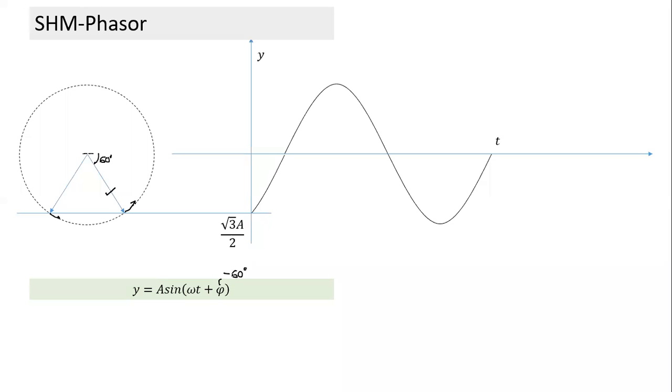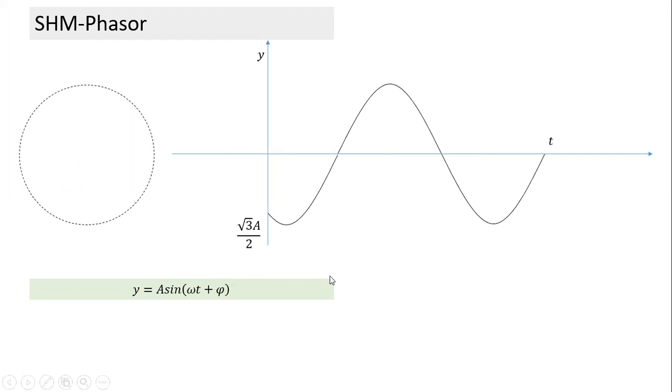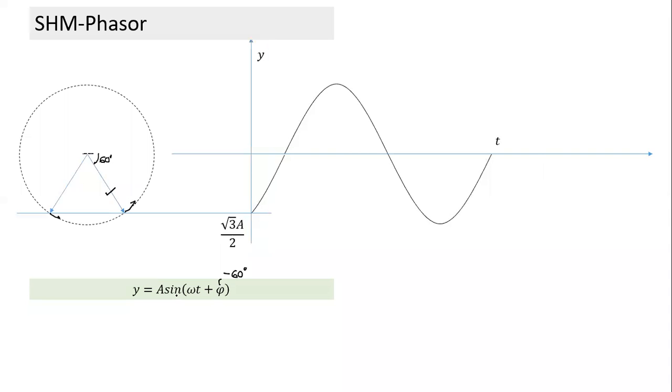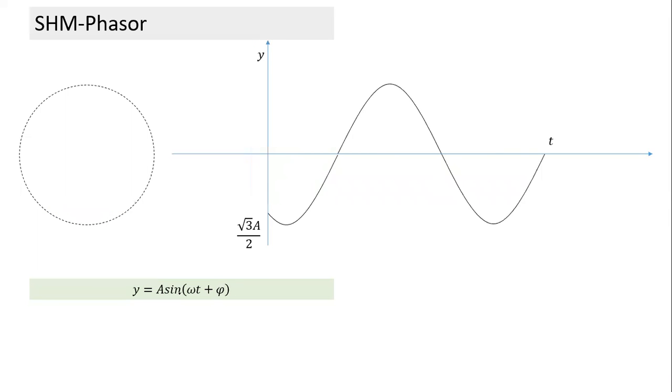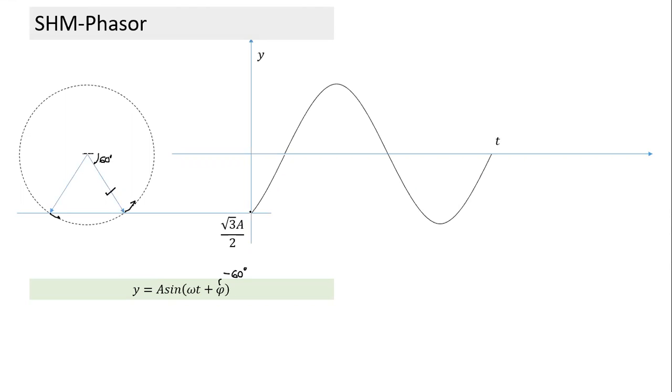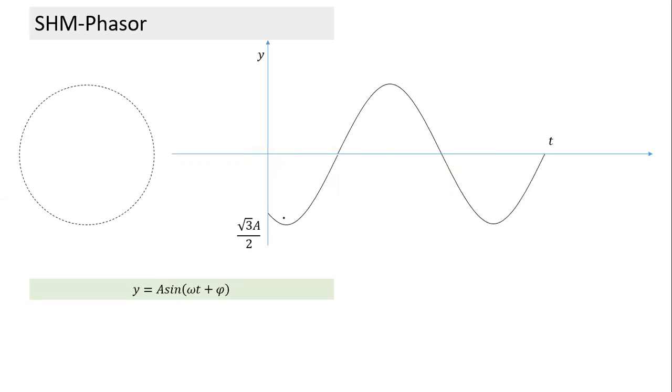And this phase, this is something to understand. If you understand phasors, the topic of SHM, which has application in three different chapters, becomes easy, including the next topic, which is AC. So in this case also, can we draw the phasor? Just compare this one and the previous one. Are the two the same? No, they are not the same. The initial value is root 3 by 2 a, root 3a by 2. But in one case it is moving towards the center, in the other it is moving away from the center. So in this case, which is the correct one?